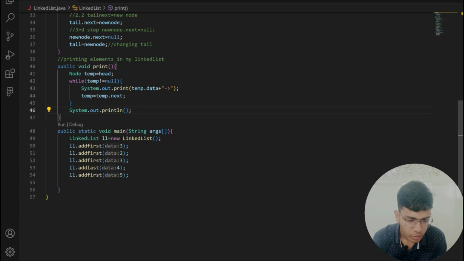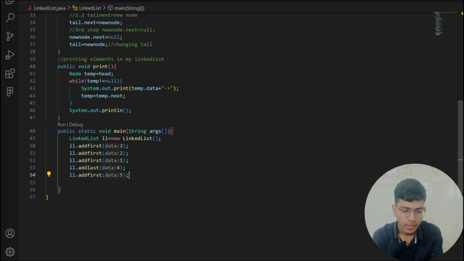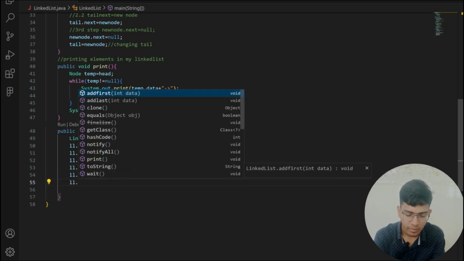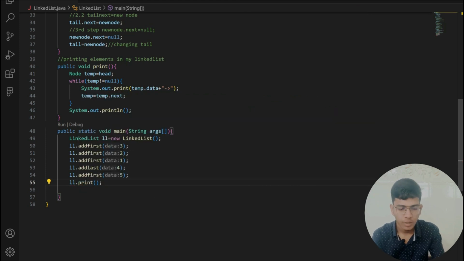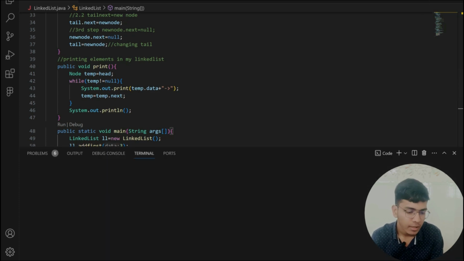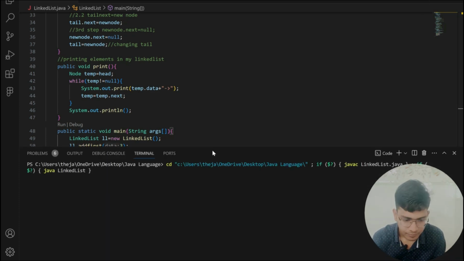Here you can see that I have created a linked list. Add first 1, 2, 1, 2, 3. We have added elements here, 4, 5. So if I run this, let us call my function ll.print. Now let me save and run. Let us see what output we'll get by running this program. So you can see that we got the output as 541